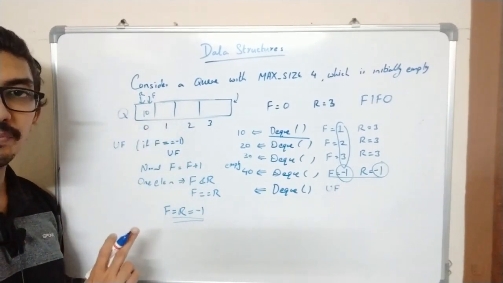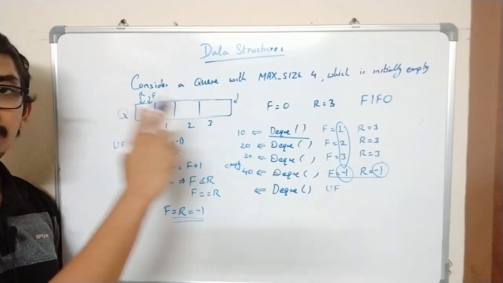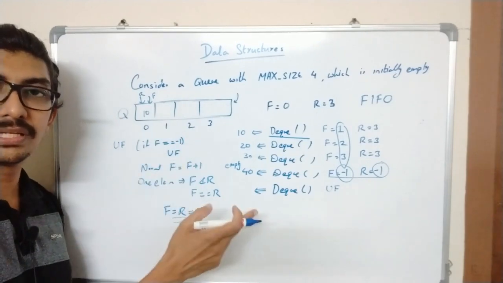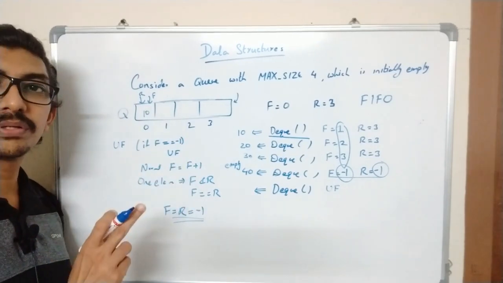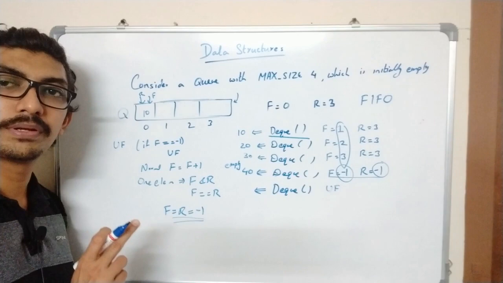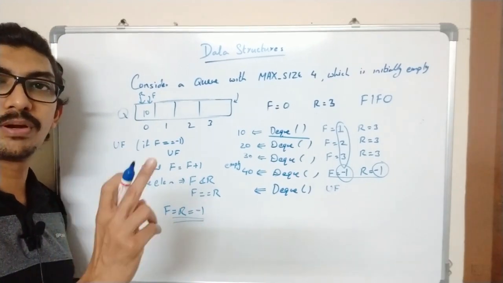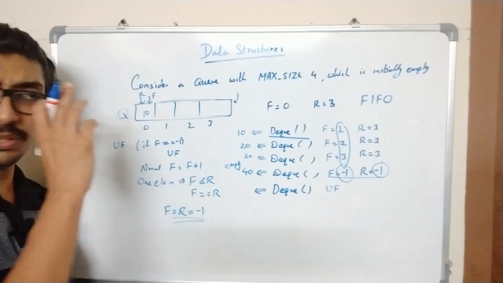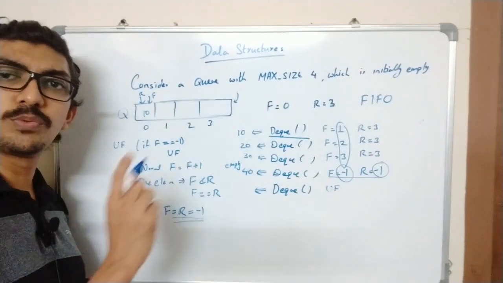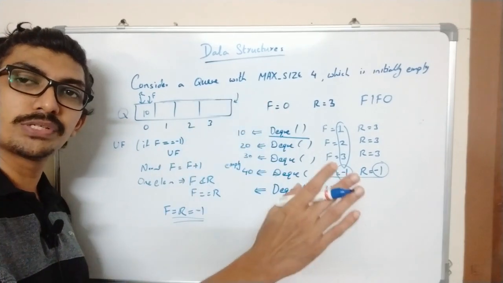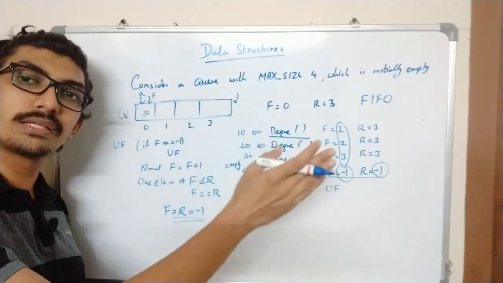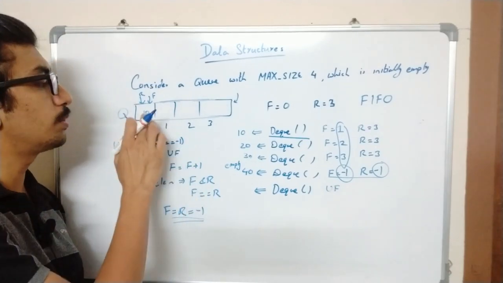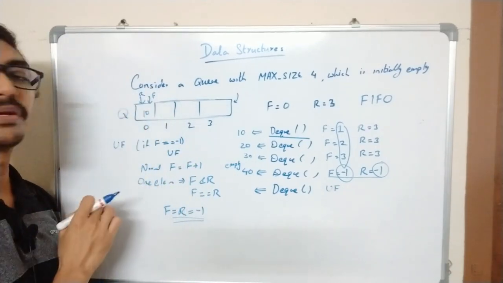Suppose there is only one element. After the deletion, the queue will become empty, which means front and rear should be reinitialized to -1. And how are we going to know whether the queue has only one element? If the queue has only one element, then front and rear will have the same value. You can think of a normal queue. If there is only one person, the person standing at the first position and the person standing at the last position will be the same person. Similarly, if there is only one element, front and rear will be pointing to that element.